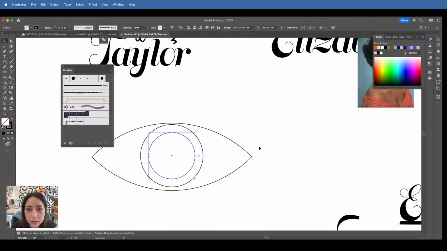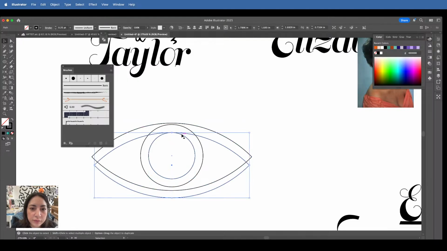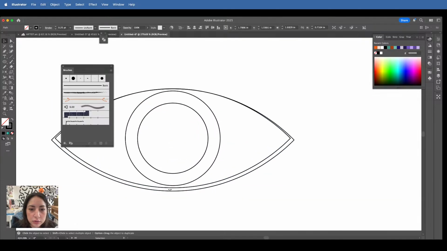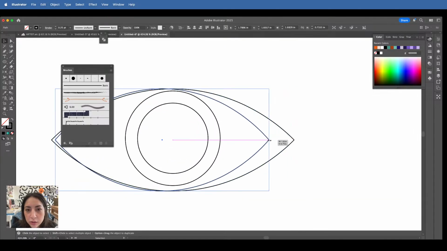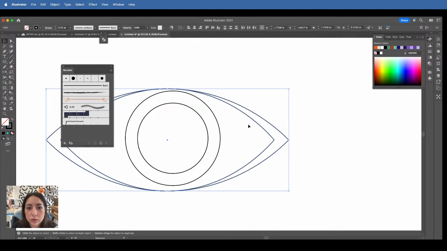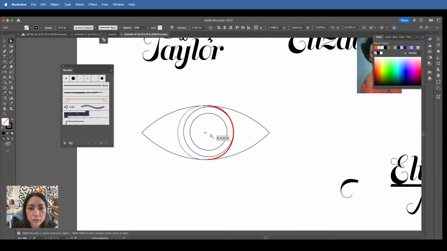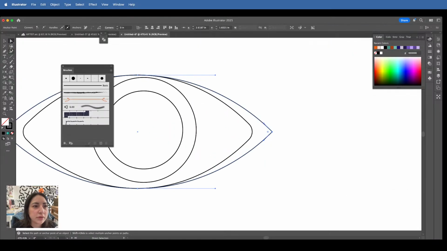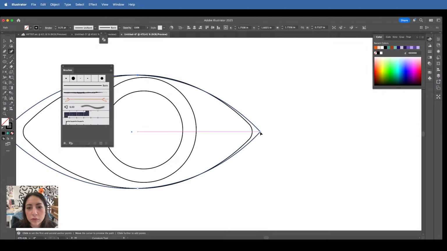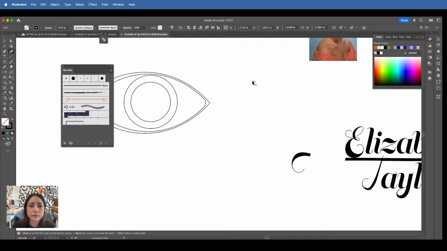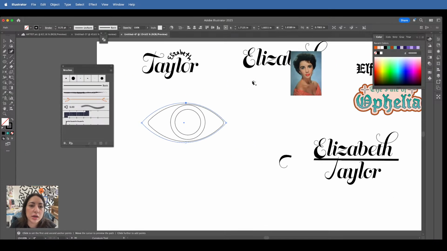Gorgeous. Eye, done. Duplicate this, make it a little smaller, and bring it here, here, and then we can do this. Oops. Okay, perfect. I don't know what I was making myself crazy for. Oh my God. Okay, there we go. So we have a general eye.